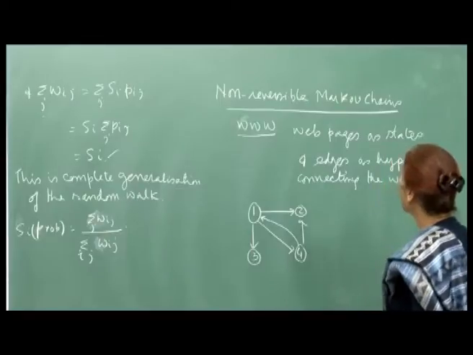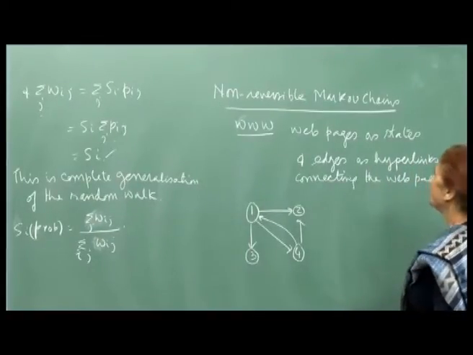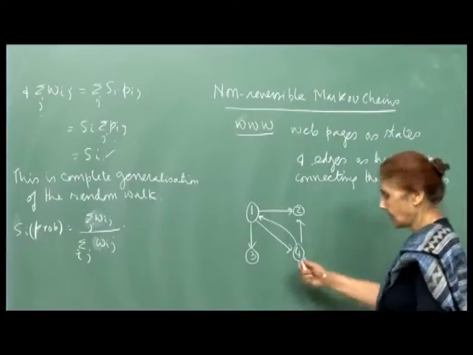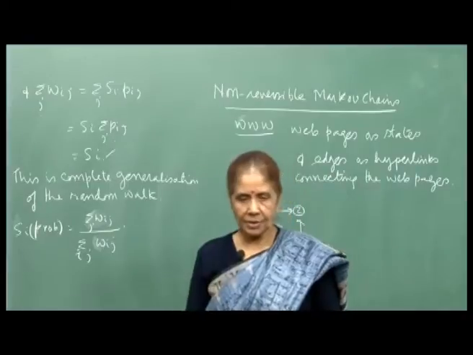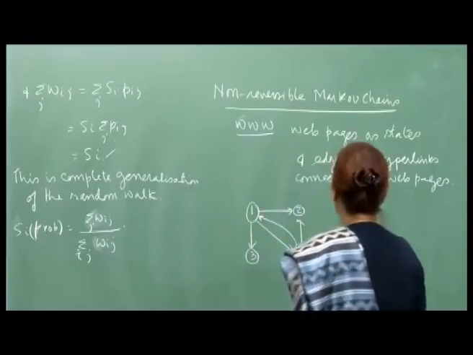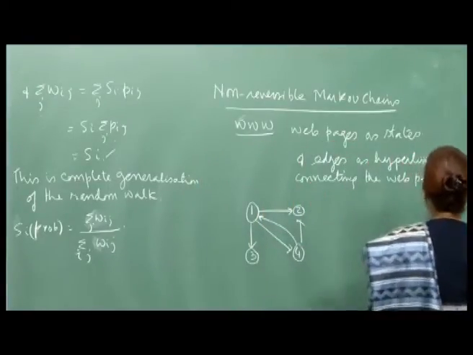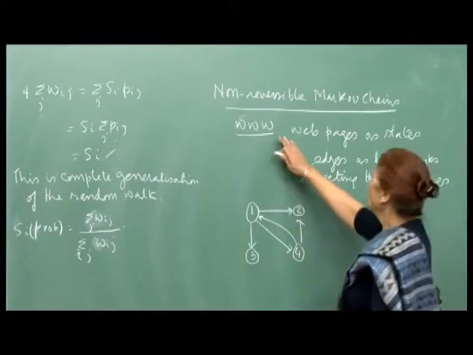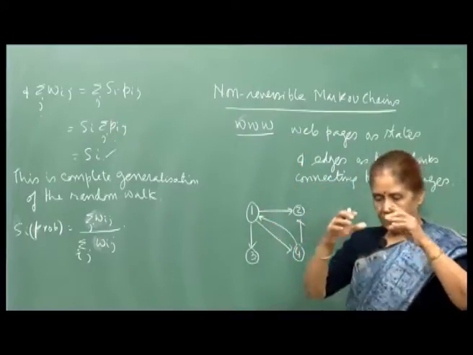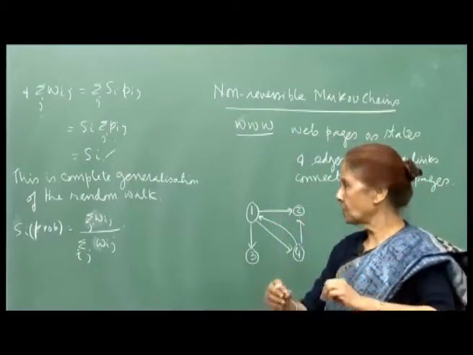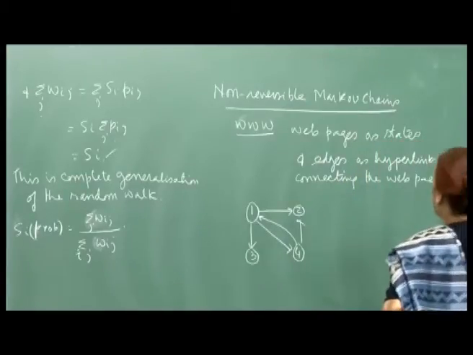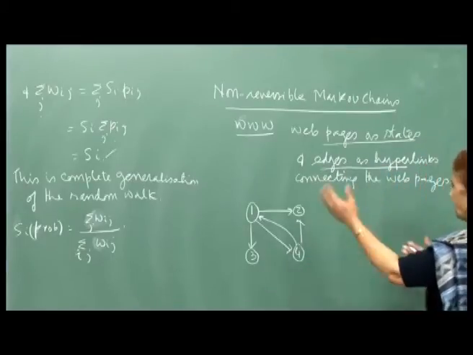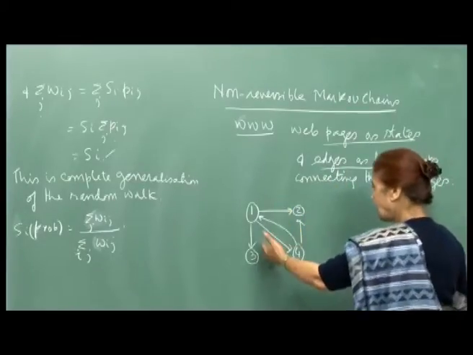Of course, I should also mention an example of non-reversible Markov chains, and this is taken from Bernstein's lecture at Harvard. He has given lectures on Markov processes, Markov chains. So he says that the World Wide Web, you can imagine each web page as a state of the system, and the web pages are states and edges. Again you can picture this as a graph, but this will be a directed graph, right.